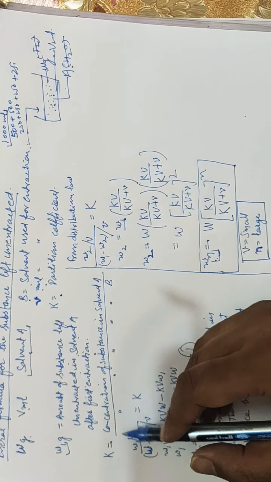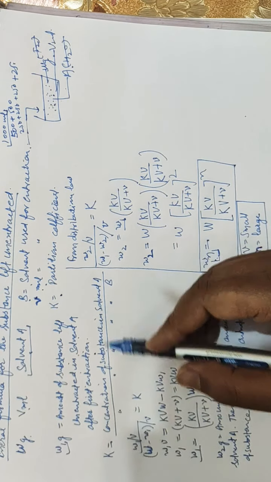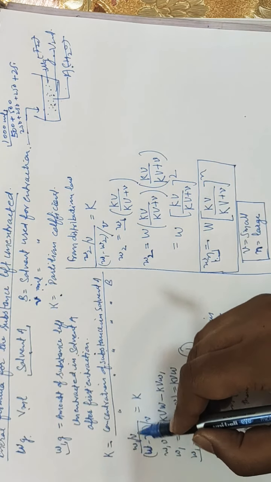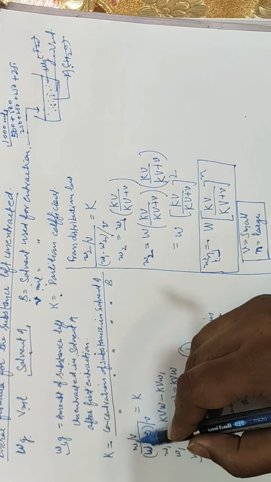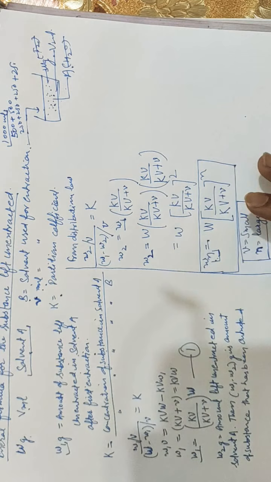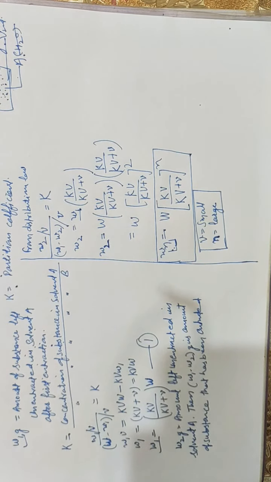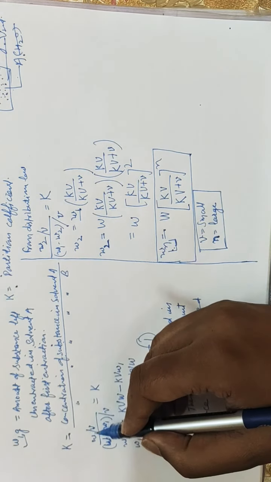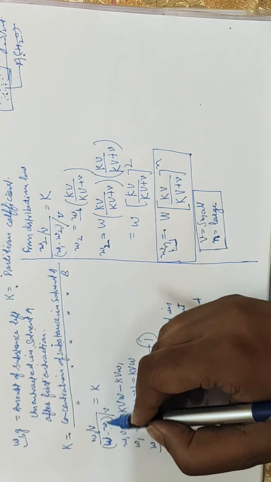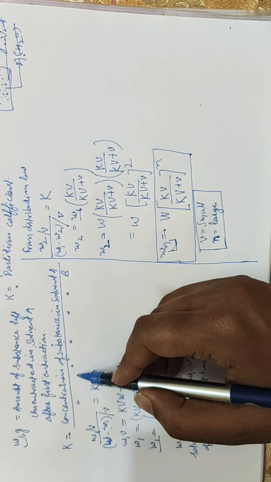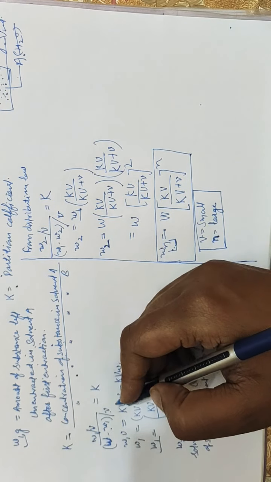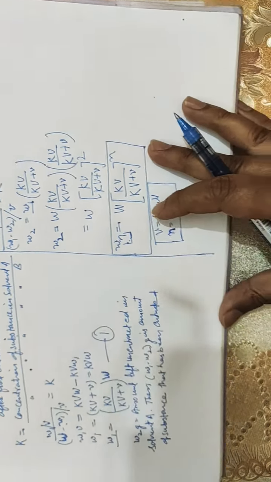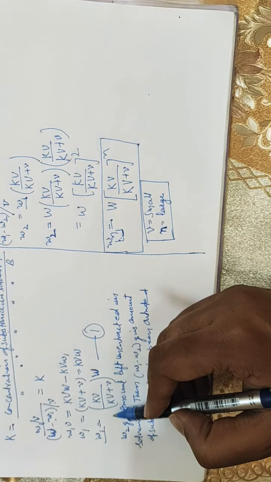So it can be given as concentration of substance in solvent A is given as small W1 over V, as concentration is expressed like this as molarity, normality, molality, I have already told you, and strength has also been expressed in this manner. So W minus W1 over V, that is concentration of substance in B. Further, there is simple simplification of this equation, and here is the result for the W1.